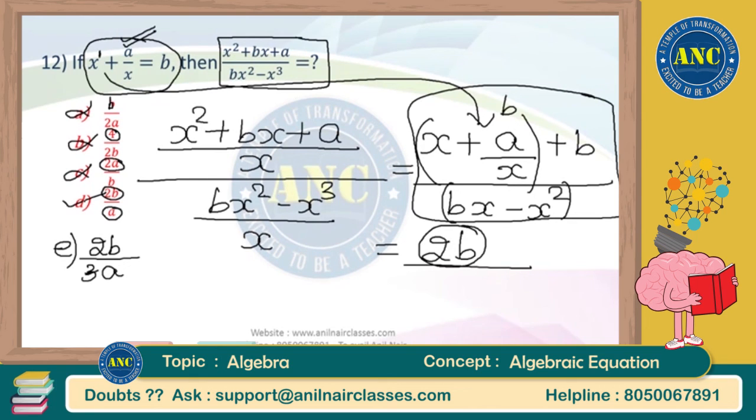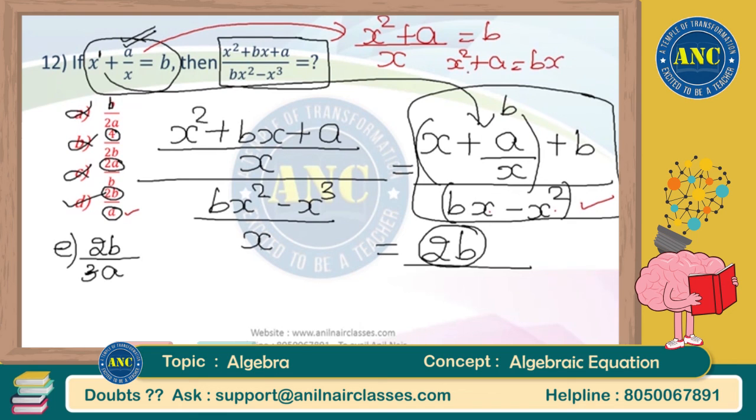Suppose, now just for my explanation once again, because I need to explain, I am doing it, sir. Otherwise, there is no need. Bx minus x square, I should get it as a, right? Take this and simplify further. So, LCM is x square plus a is equal to b. So, this becomes x square plus a is equal to bx. Shift this x square to the right hand side. Bx minus x square happens to be a itself.